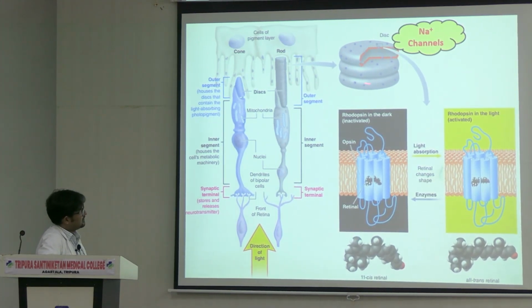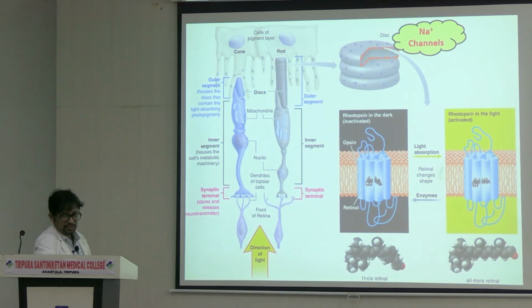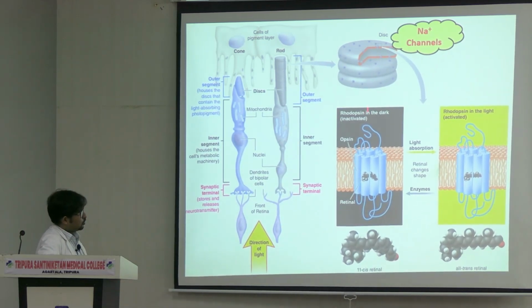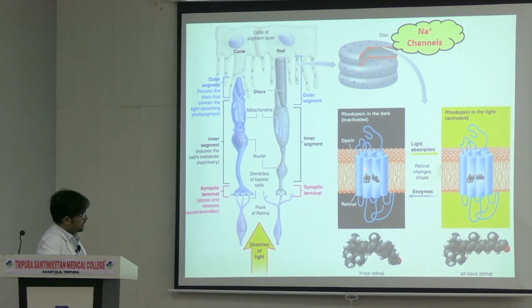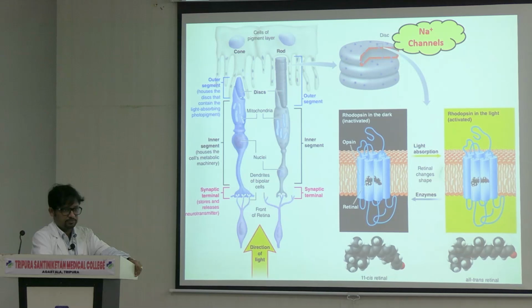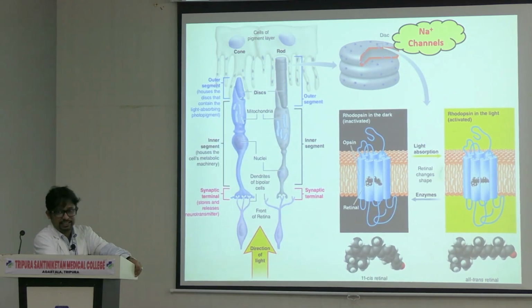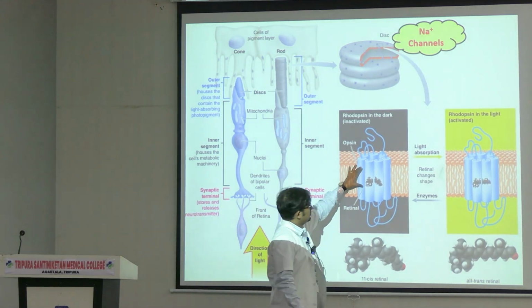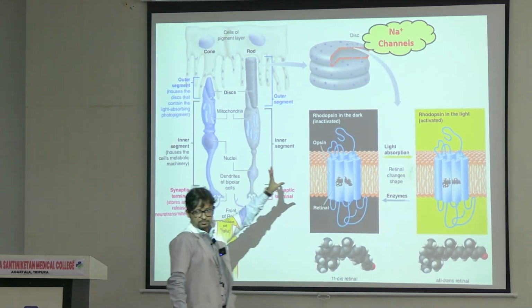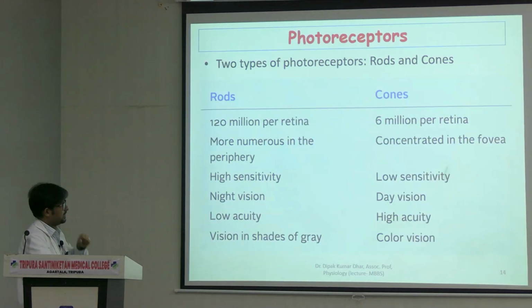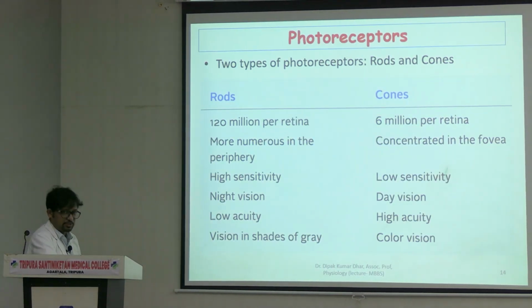So what you see here, these are the stacks where photopigments are present. And photopigments are present like this, right? So this is an aldehyde and a protein held together. So this structure that you see in black is the aldehyde part, and the ones which you can see spanning the membrane, this is the protein part. I'll get back to this.